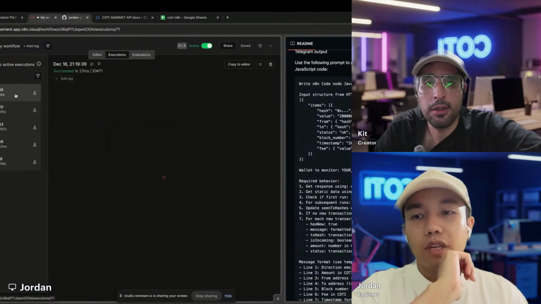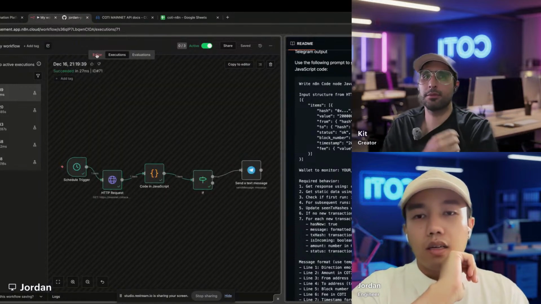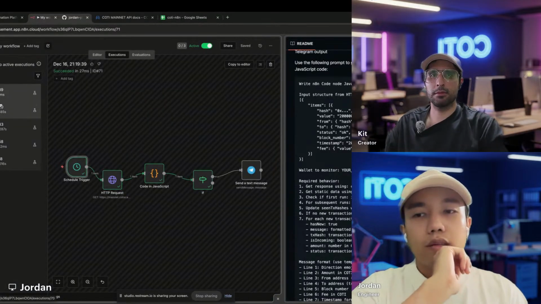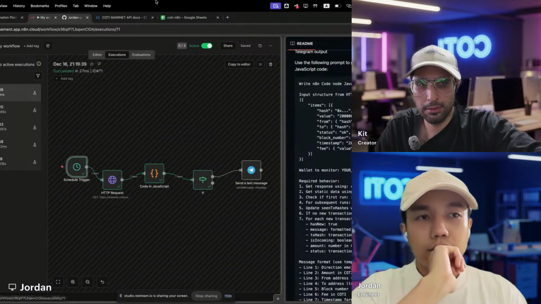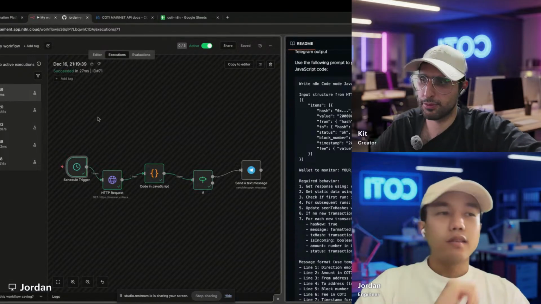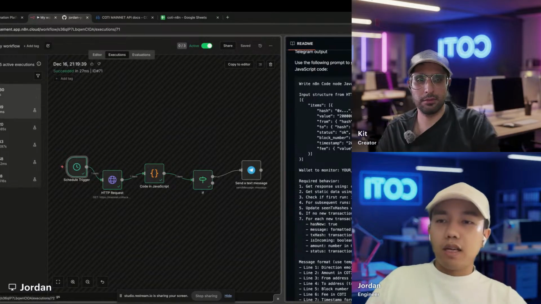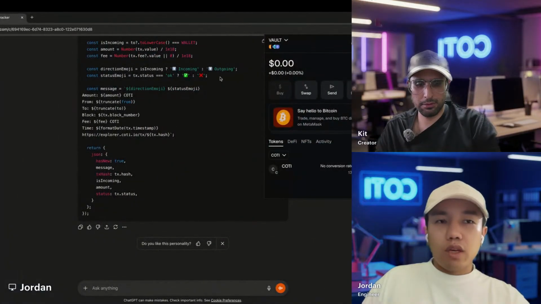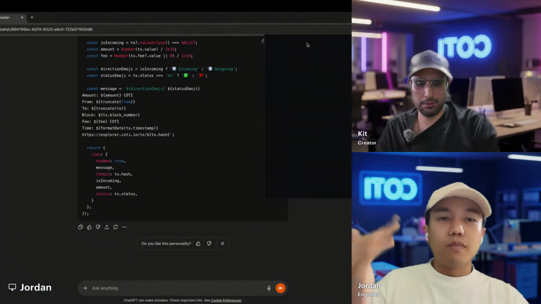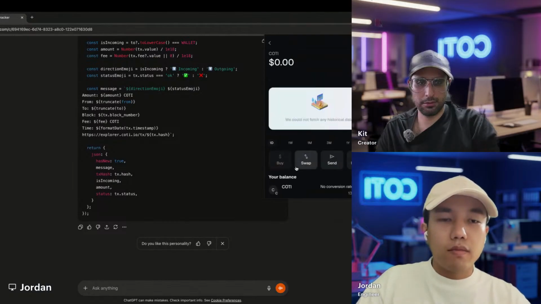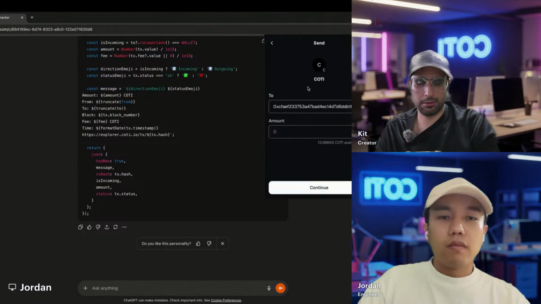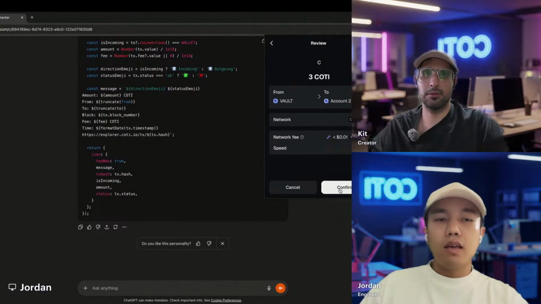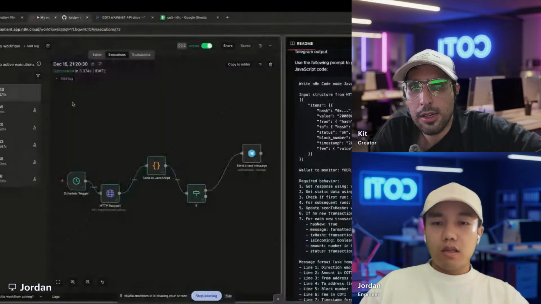And we can check on our execution. We can see that our workflow is actually starting. Every 30 seconds, you're going to see the workflow triggered. We can wait and see here. It's probably going to take some time. So here it is. It's actually triggering every 30 seconds. What we're going to do is try and send some tokens to my other account. I'll send 3 COTI to my other account, and let's see if it triggers